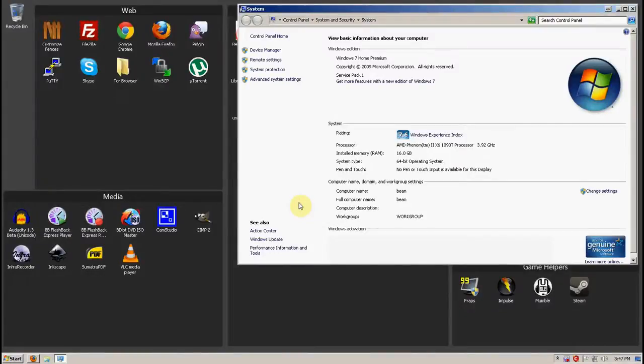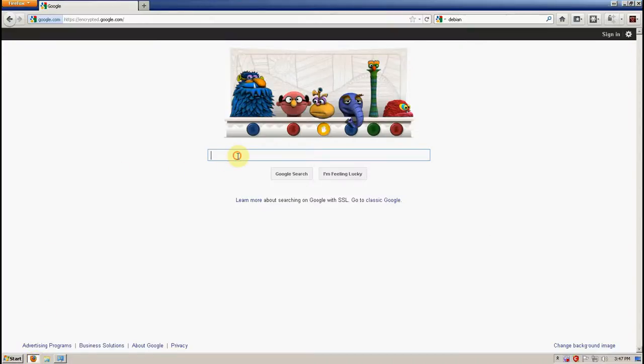This is my video tutorial about how to install Virtualbox and install Debian on it to have your own web server. I'm currently running Windows 7. Here's the stats for my computer. First thing you need to do is go to Google, search for Virtualbox,